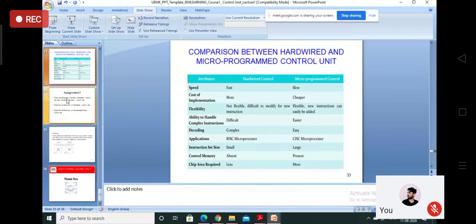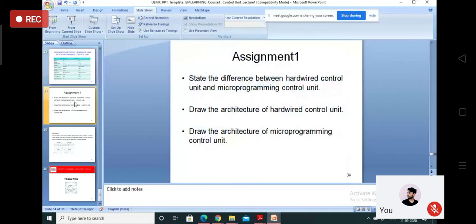Okay, so this is all about the thing, and I have given 1 or 2 assignments, like the differences between these two, or you have to draw the architecture, that type of question, or it may happen that the response